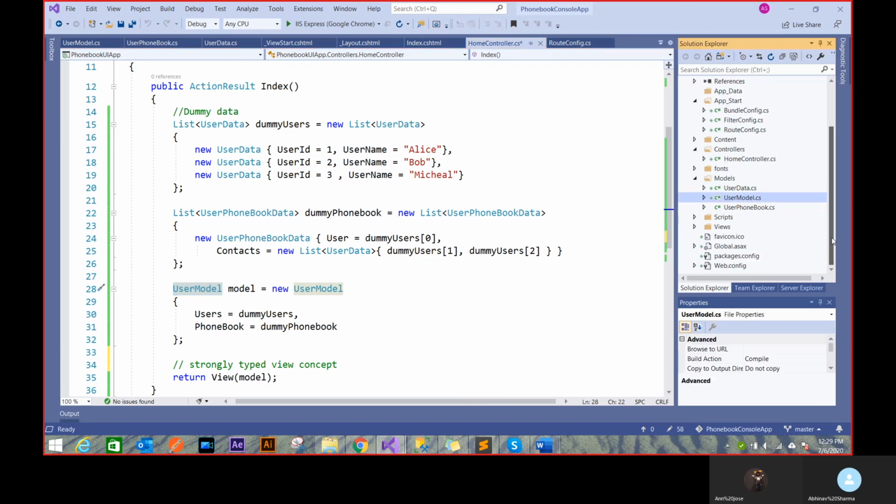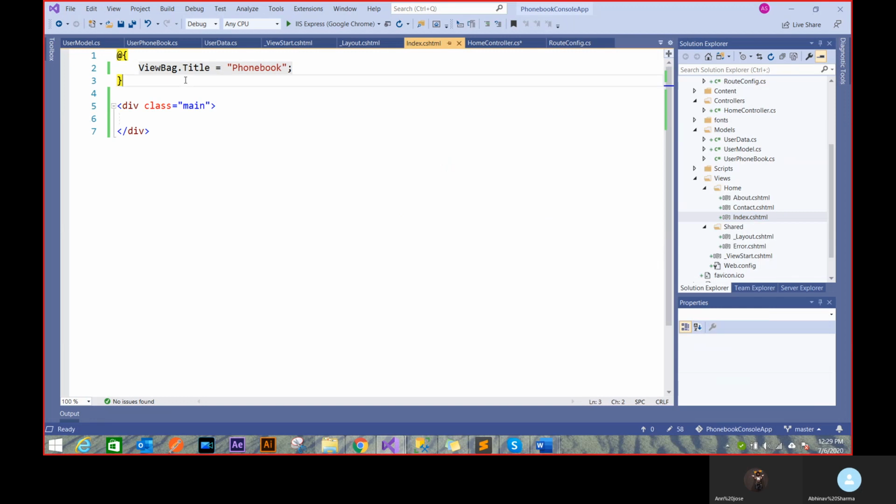So in my view, it's a way of defining a view that you will be getting something like this. First I do a using, and I'll say phone book UI app dot models.